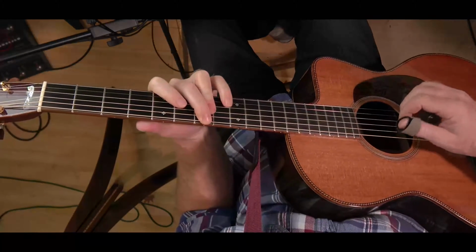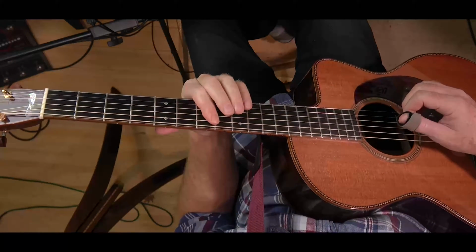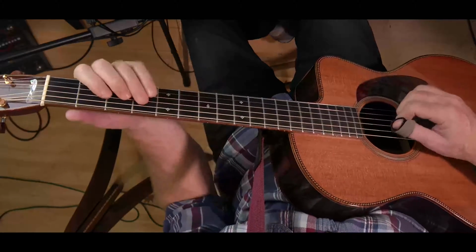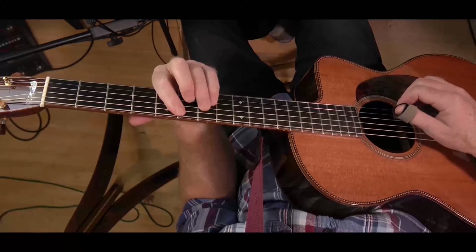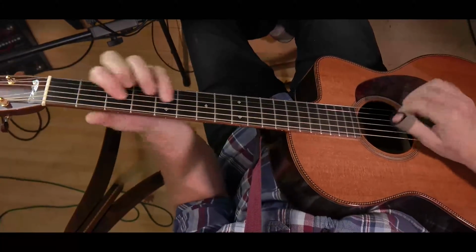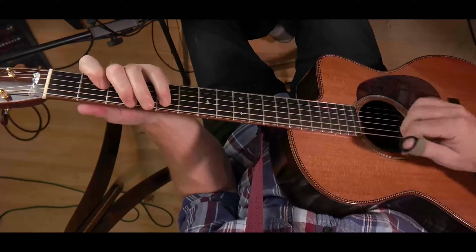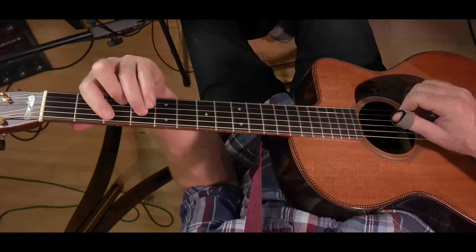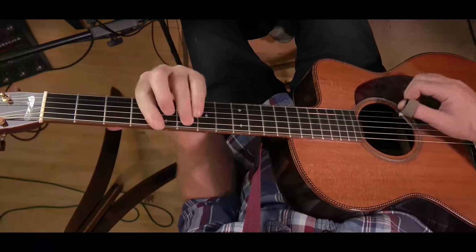B minor 7, we already showed you this one. And then the guitar solo. Yeah. And then the vocal comes in again. Any major do whatever. So B minor 7, F sharp minor 7, G sharp minor 7,